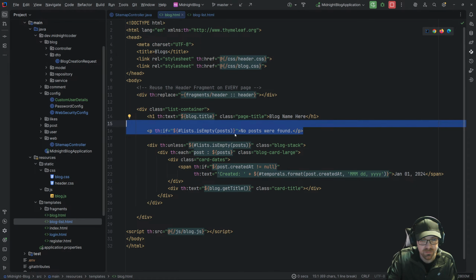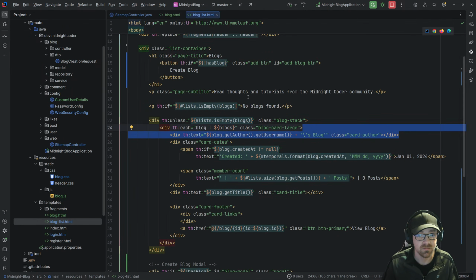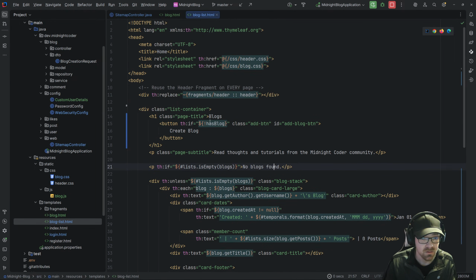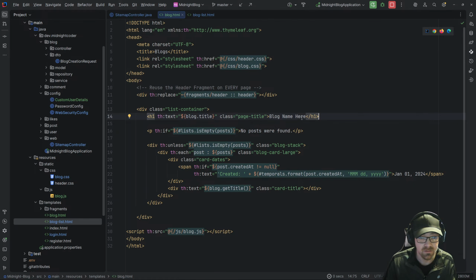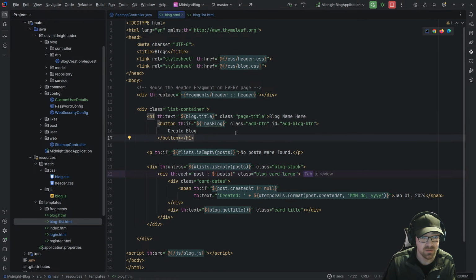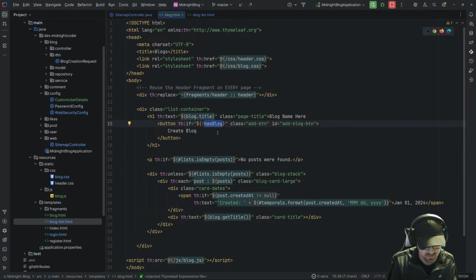So, what are we doing here? I need to create. All right. So this is where I need to do some of the same copy and pasting here. So for this one here, which is blogs, I'm going to snipe this button to create a blog. I'm going to come in here, and we're going to paste this bad boy here, and this is if is owner. We're going to have an add button, and this is going to be an add post button,